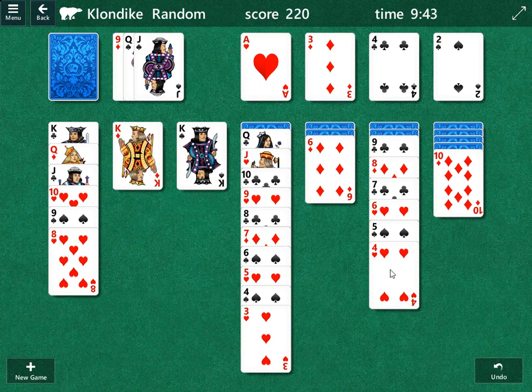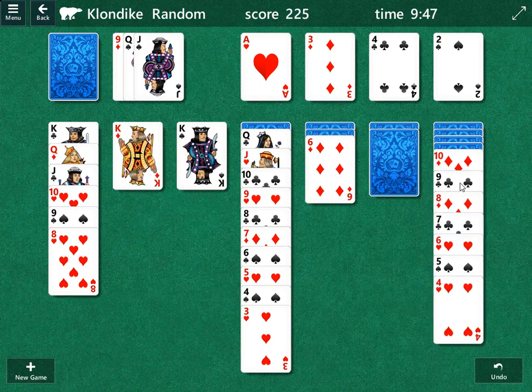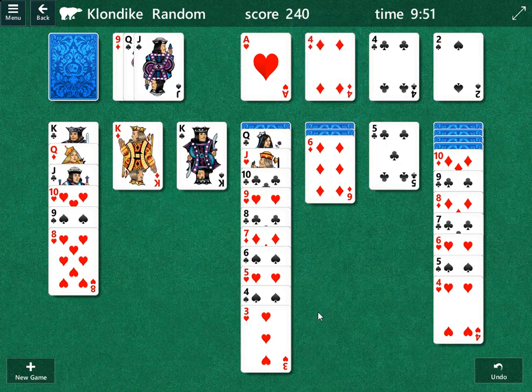That's a 10. We can move the 9. We'll keep our fingers crossed again. There's a 4 of diamonds. We can move that. And now we're trying to figure out, you know, we kind of need a 5 of